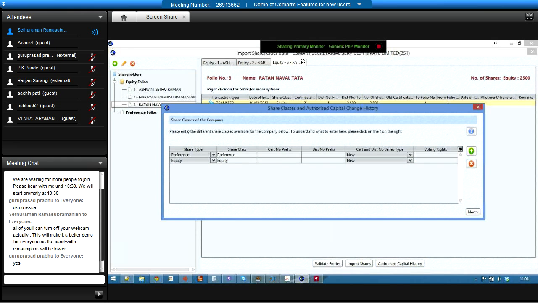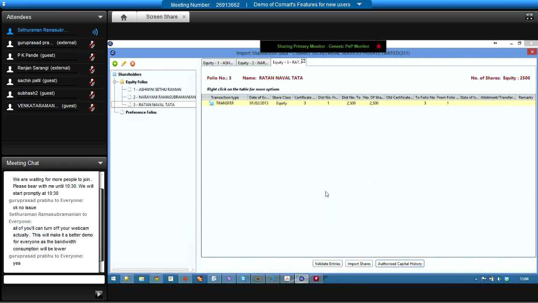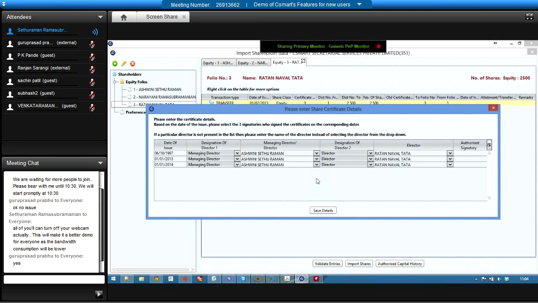Now, let's say that you missed a couple of entries. This is where you'll have to enter your share classes. Whatever you entered under import company, you can come here and modify it. If you click on next, your authorized capital history is shown. You can modify this again if there was anything that you missed. Okay. And the last step is you have to click on import shares, and this will actually import your entire